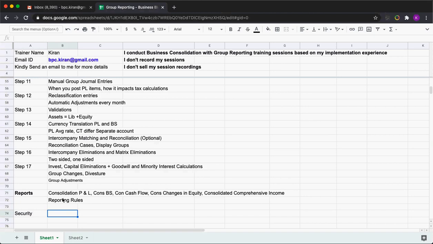Your question is whether these are customizable or standard reports are available. Yes, the report master data you have to map. For example, when I am talking about cash flow, I need to identify what the FS items are and what movements should go to my cash flow item, correct? This identification happens in the reporting rules.